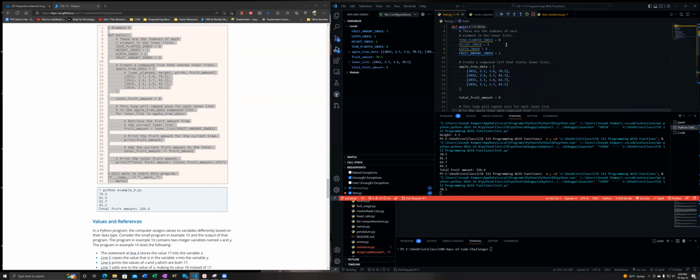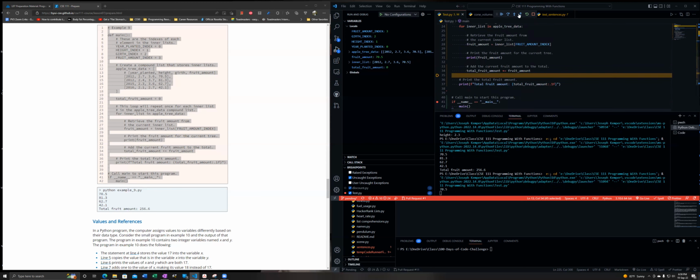oh, wait a moment. Okay, that's why it was acting weird, because I didn't put it back. And now I was wondering why it was acting weird. Okay, now it should, goes back to here, fruit amount, that's the first one. Now this pulls up the next one. Fruit amount, that gets